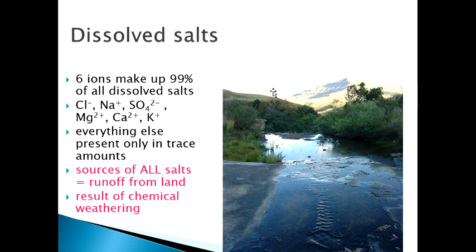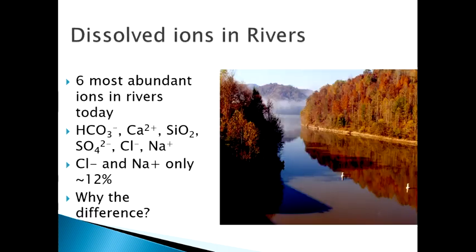So here's a picture of the land, it's chemically weathered, this is water. The water in fresh water is not pure water as well. It contains dissolved rock, remember chemical weathering, from all of this that it's running over, and this ultimately flows to the oceans. If we look at the dissolved ions in our rivers, they are sort of the same, but sort